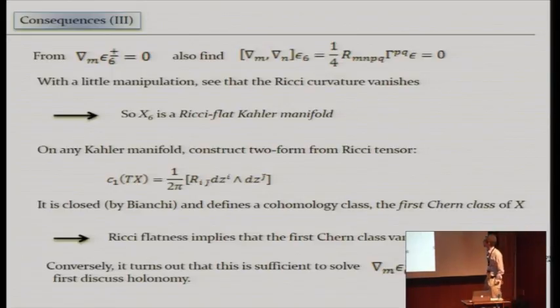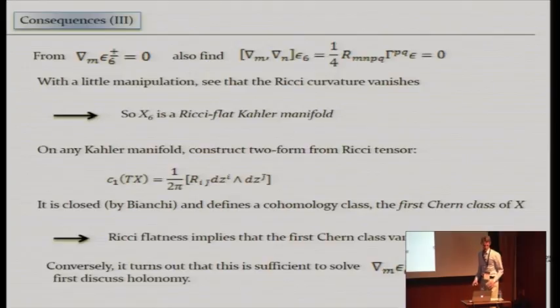Okay. So we have a topological condition. Well, we have a condition that we have a Kähler manifold and Ricci flatness. That in particular implies this topological condition that the first Chern class as a cohomology class vanishes. Now it turns out that just having these two conditions, namely Kähler and this topological condition that the first Chern class vanishes, is actually sufficient to show that there exists a solution to this equation. Okay. So that ends up being a famous theorem, which I'll discuss in a few slides.